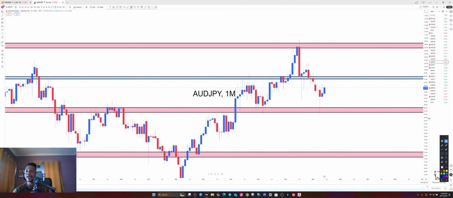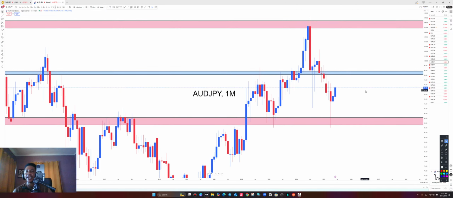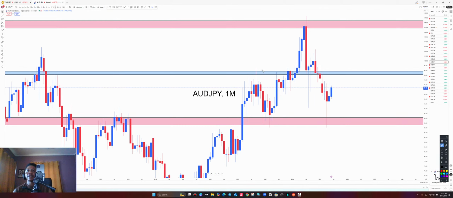Okay. So this is the monthly time frame of AUD JPY. Now, AUD JPY on the monthly time frame, we have the monthly mid-range. So on the monthly, we can see a very beautiful break of structure to the downside. So this was what, a higher high, a higher low, a higher high again, a higher low. Buyers couldn't go up, so it went below to give us a lower low. We're expecting a lower high here, and then after that, price will come all the way to the downside.